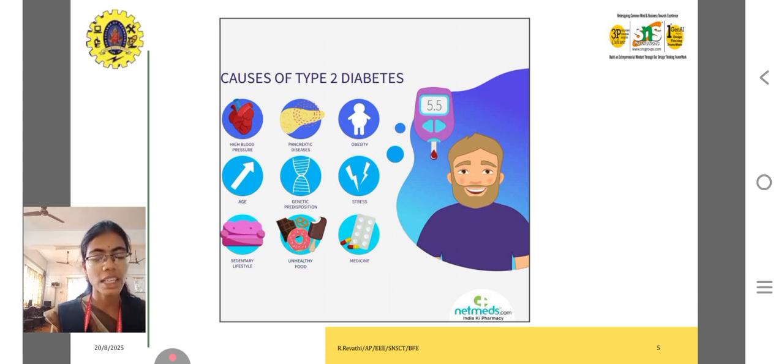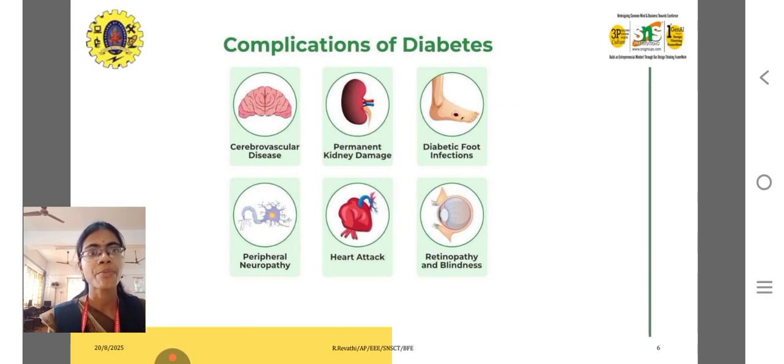Unhealthy foods, eating a lot of junk, sweet items, and processed foods may lead to diabetes. Pancreatic diseases, such as a wound or other problems, age factor, and it is also a genetic disorder. If your father has diabetes, it is automatically transmitted to the son. How it may be controlled: a healthy lifestyle may control diabetic activities. Stress is also a major cause of diabetes.